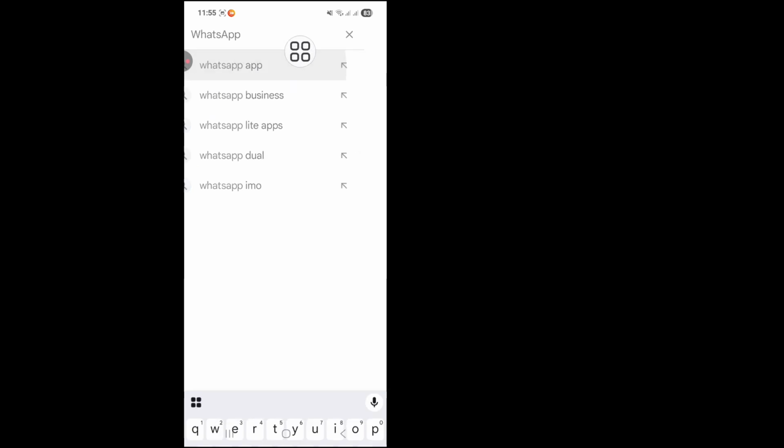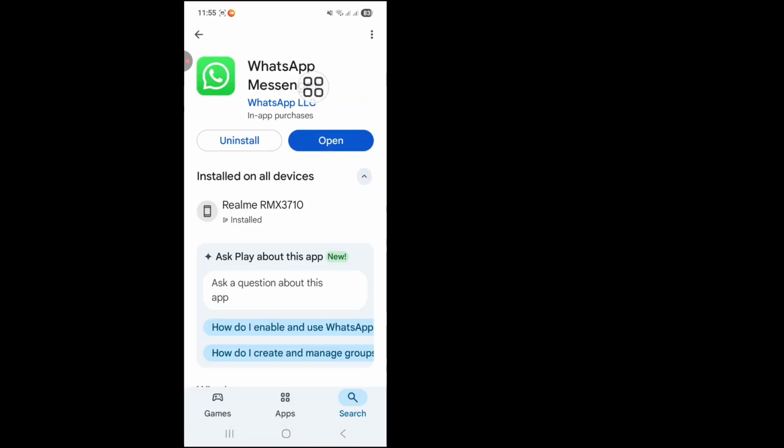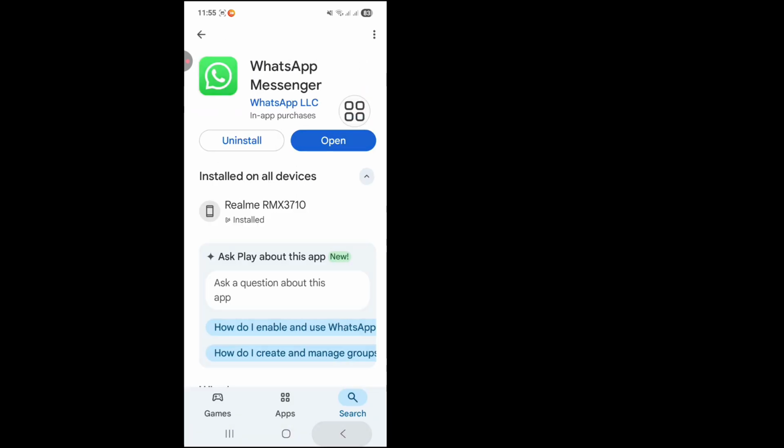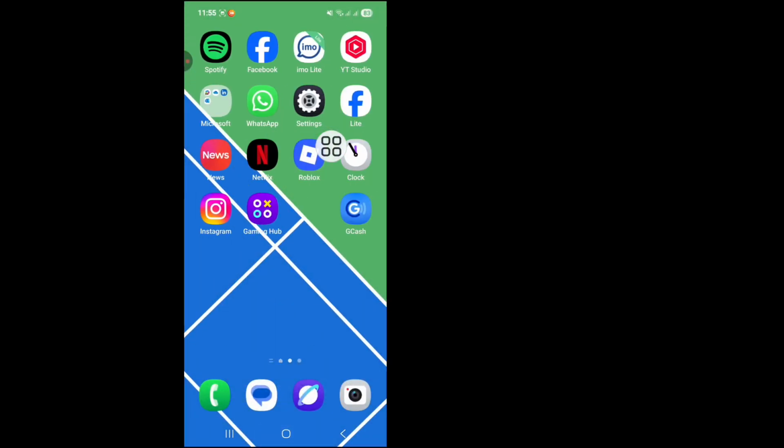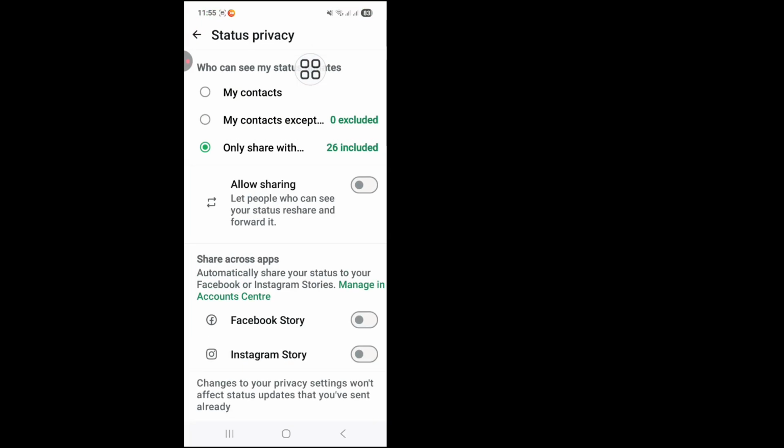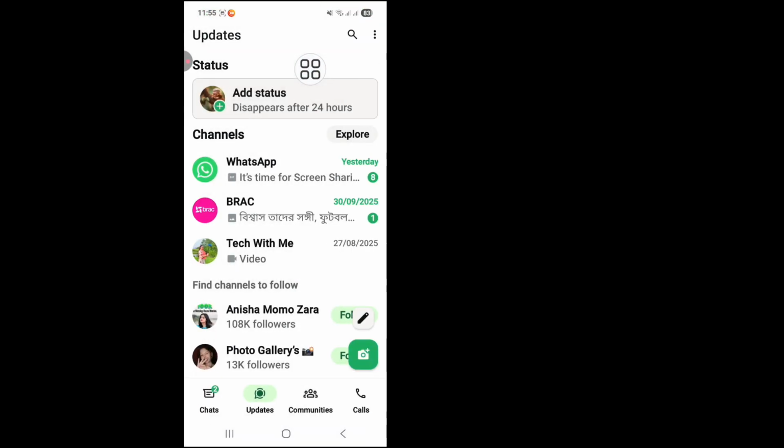for your WhatsApp app. And my WhatsApp app is already updated. Okay, back. And third step, now restart your phone and reopen it again and click on the WhatsApp app and open your WhatsApp and now click on the update option and click on the three dot line option